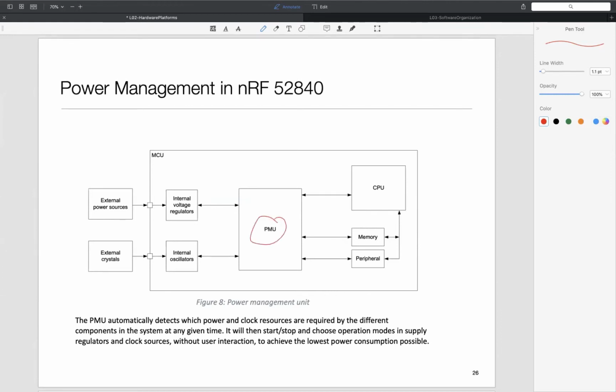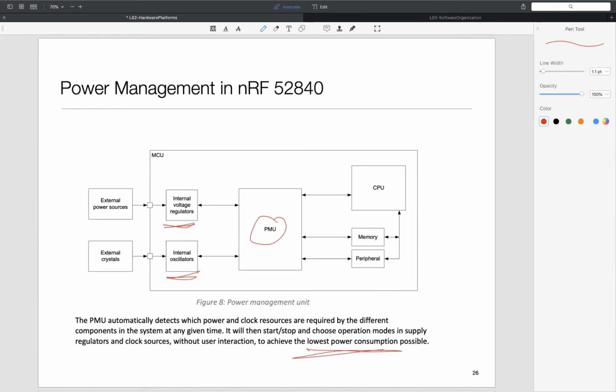What it does is it interacts with the voltage regulators and the oscillators, and then correspondingly manages the state of the CPU, the state of the memory, the state of the peripherals. The idea is that it automatically at all times tries to keep the things that need to be active and puts other things to sleep, and tries to operate them at the lowest power